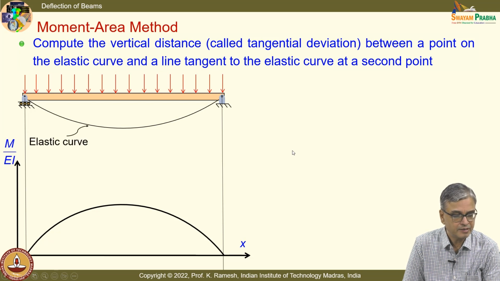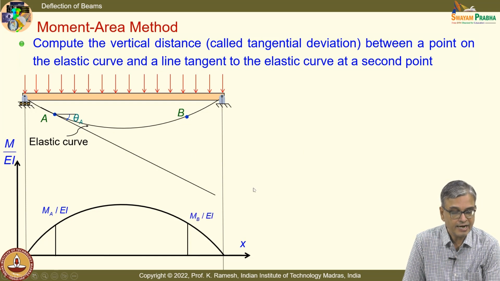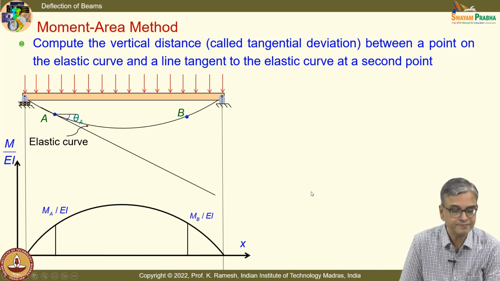And I take a point A, and I have what is the value of M by EI at that point, that is noted here, and I draw the tangent, and I have a point B, and at point B I know what is M_B by EI, and I have also drawn the slope,